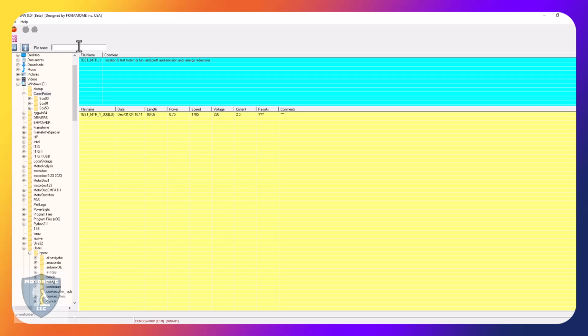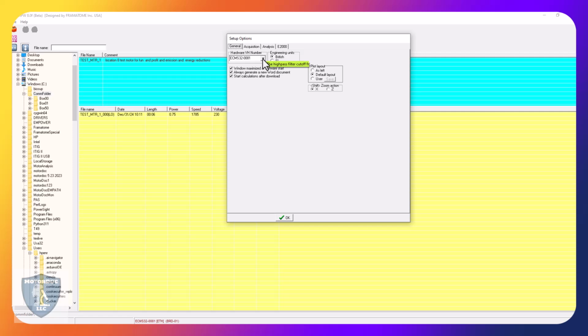then I would set up tests, and you can see I also underscored in between anywhere where I have spaces. I do that as a best practice. It's not required, but let's go ahead and we're going to first come in here and do setup options. So I come in here. First step is to select the calibration file, okay, and then go through here. And I want this to be